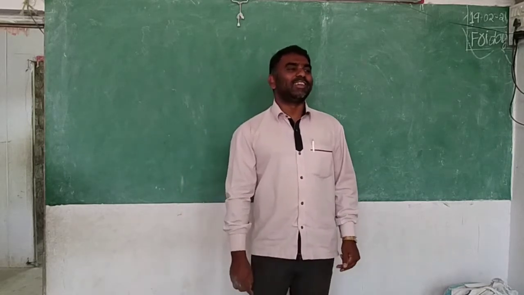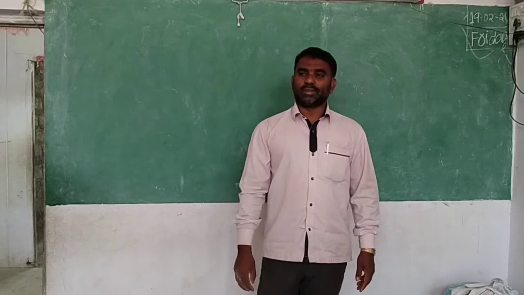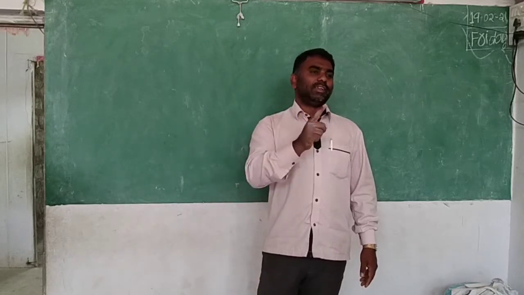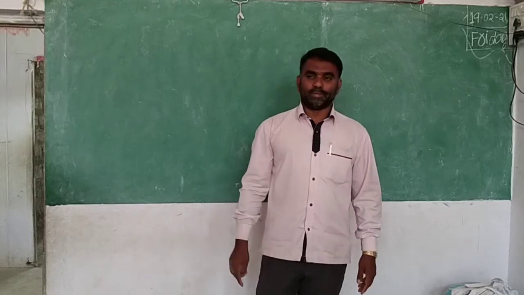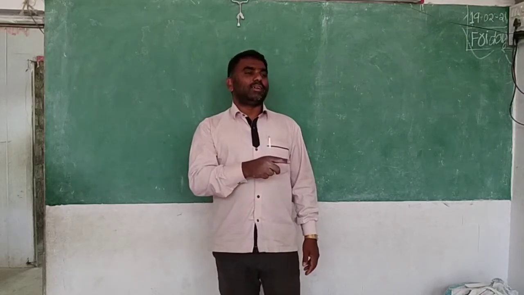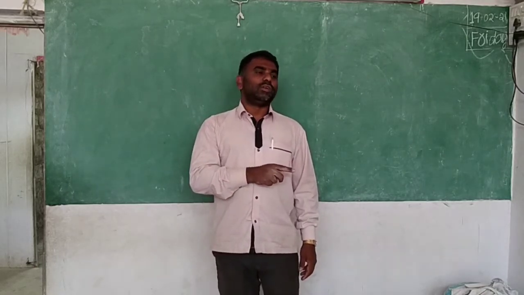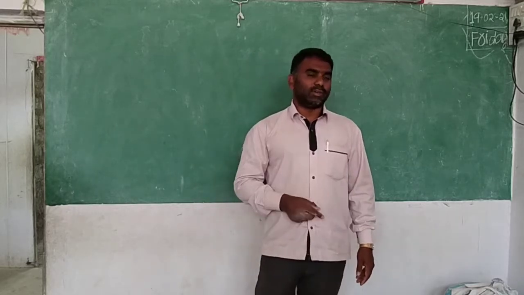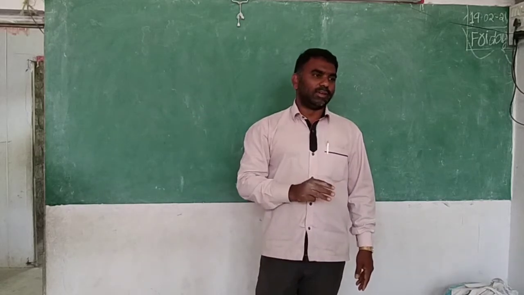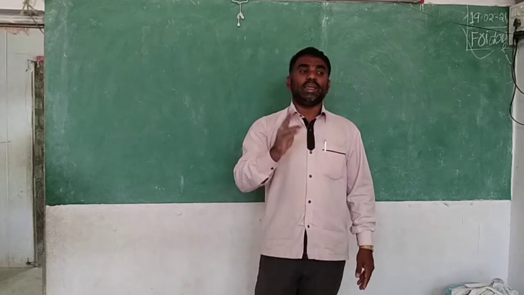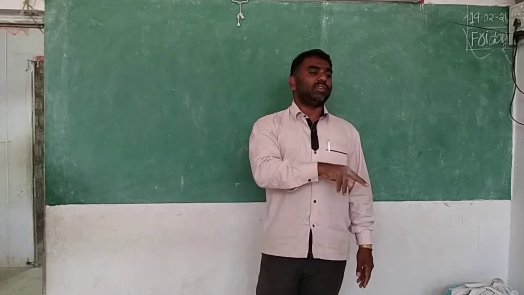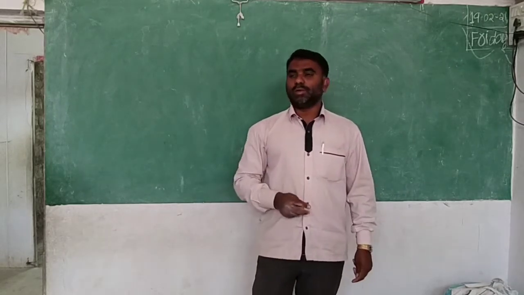Yesterday we discussed the equilateral triangle. If all sides are equal, then all angles are also 60 degrees. If two sides are equal, then the angles opposite to the two equal sides are equal. Simple. Three properties you can remember like that. Three sides equal, then three angles equal. Two sides equal, then two angles equal, which are specially opposite to these sides. If two angles are equal, then two sides are equal, which are opposite to those angles. Like that, if you remember, it is easy.